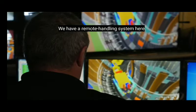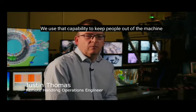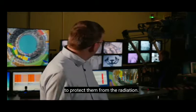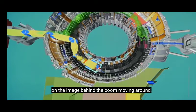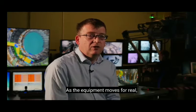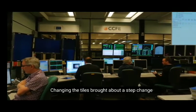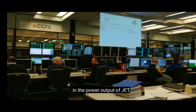We have a remote handling system here that we've developed over many years. We use that capability to keep people out of the machine, to protect them from the radiation. You can see that on the image behind the boom moving around. The simulation that we're using there is in real time, so as the equipment moves for real, it's matched on the simulation. Changing the tiles brought about a step change in the power output of JET, but there was still